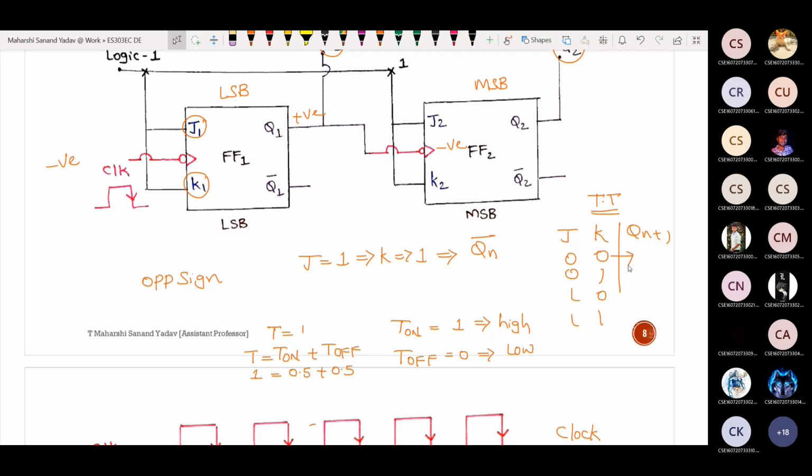So here what we got? Invalid or memory? Memory. When 0 1, this one is don't care or Qn bar? Qn bar, sir. Qn bar. Where we are getting don't care? In which flip-flop? Don't care is for what? Which flip-flop? SR. In SR you will get don't care. In JK flip-flop you will get Qn bar.